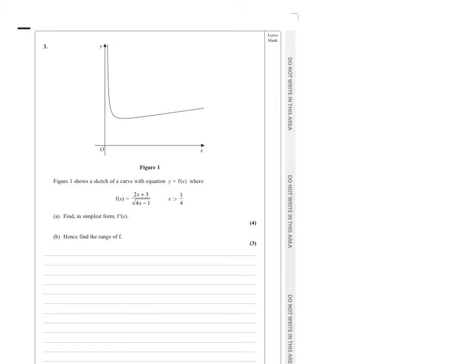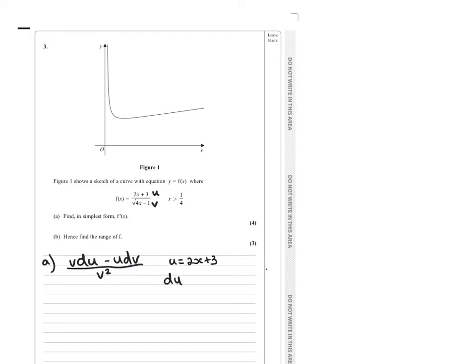A fraction. The first thing we should be thinking is v on the denominator, u on the numerator. So, this is quotient rule differentiation: v du minus u dv, all over v squared. Okay, and to make the life really easy for everyone, we're going to write everything down. So u is 2x plus 3,